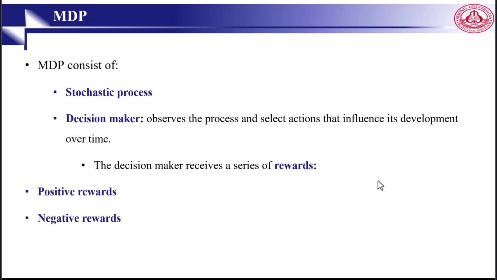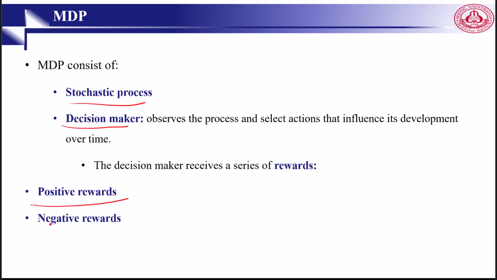Now, we formally characterize a Markov decision process. A Markov decision process essentially combines two ingredients. One is called a stochastic process, and the other one is a decision-making agent. The stochastic process describes how states evolve probabilistically. And then the decision-making agent selects actions that influence those transitions. The agent receives rewards as it progresses. Over time, the goal is to maximize cumulative reward. So a Markov decision process unifies randomness and decision-making in a principled structure. It gives us a mathematically grounded way to think about optimal behavior in uncertain environments.